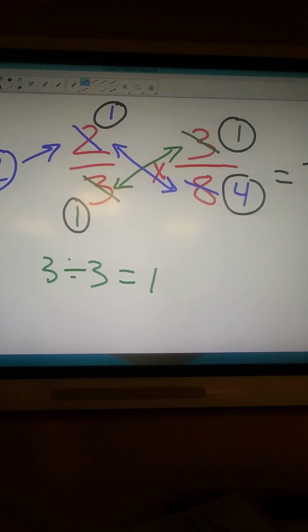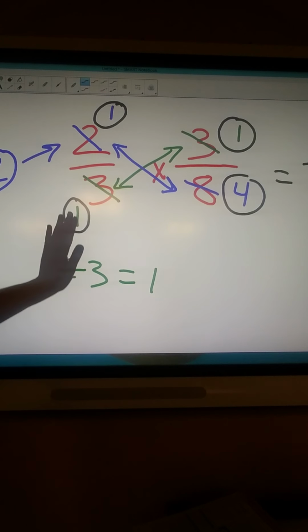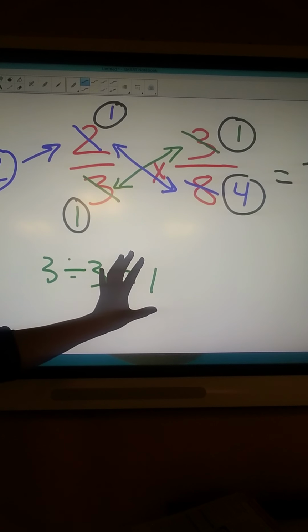So if you want to do it that way, it might save you a little bit of time, but you can find the exact same answer if you were to do things like I showed you in the first video, where you multiply first and then you reduce. So that's a little bit confusing. I used a lot of colors and a lot of different